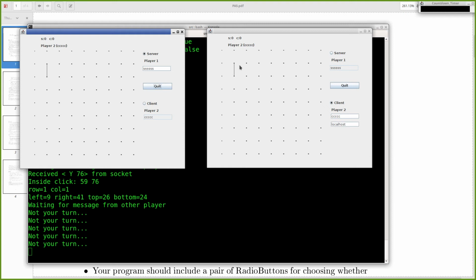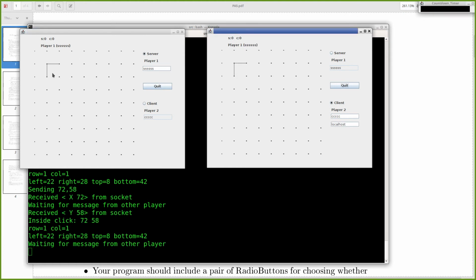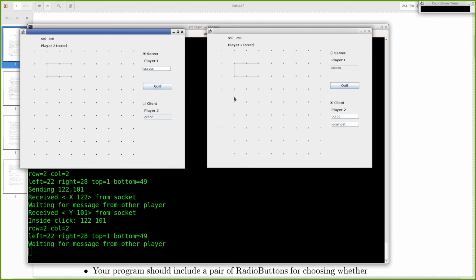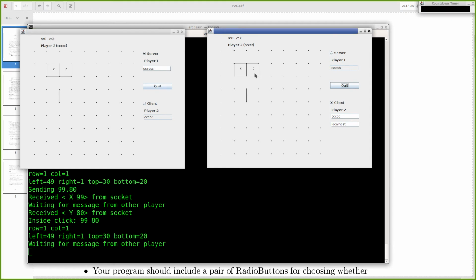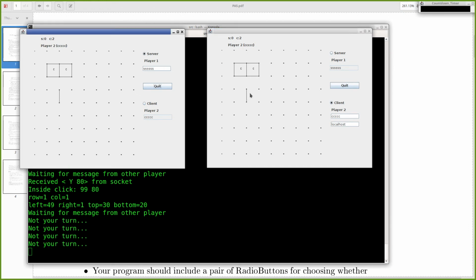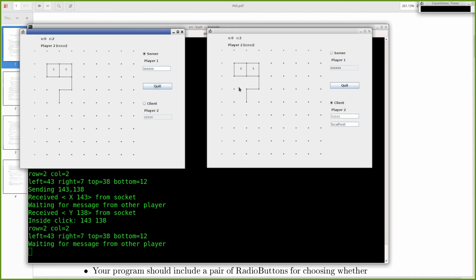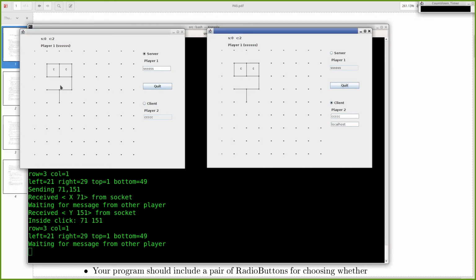So player two clicks over here, it switches to player one goes here, player two goes here, player one goes here, right? So these things move in lockstep. So it's player one's turn. Suppose player one goes right here. They both see that. Suppose player two draws a line right in the middle. They get credit for 2 boxes. They see 2 boxes with a C. The other side sees that. The score changes 0 to 2 on both of these. It's still player two's turn. Player one can't move. Player two can make a move. Player one, player two, player one,